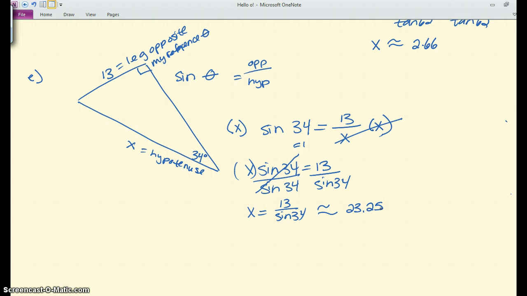Now what if you liked the complement of 34 just a little bit better? What if you liked 56 better and you liked working with cosine better? Now I have the angle that's adjacent